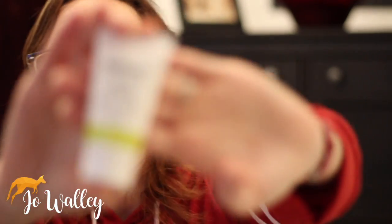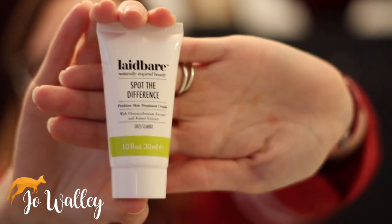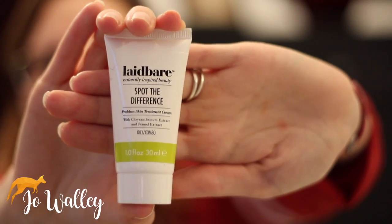There's another step that I sometimes use in my skincare when I'm feeling a little bit congested or spotty, and that's a spot treatment of some sort. So this is the one that I've been using recently, which is just amazing. It's the Laid Bare Spot the Difference cream, and you can apply it to certain spots. I've got a big spot on my chin at the moment, so you kind of spot